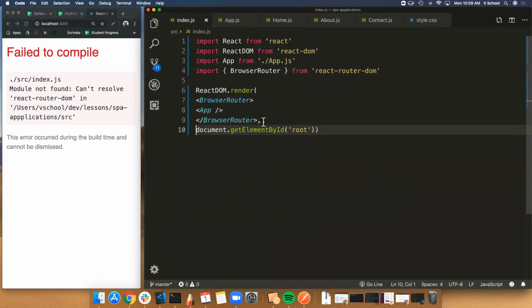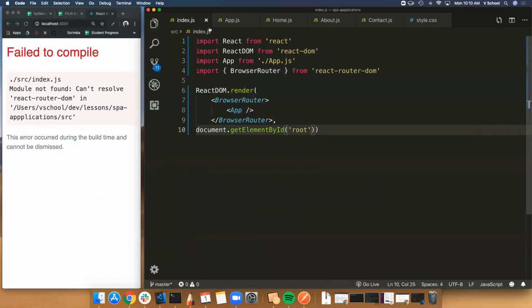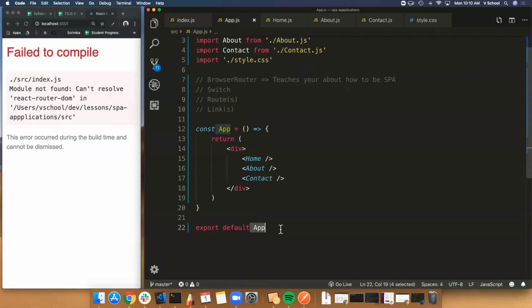Something doesn't like button press. Just like that. So we wrap app, and app is now being provided a bunch of data from browser router. Have you ever seen an import with curly brackets like that? Yeah, well, we have it with a component. So like app.js, when we, oh yeah, for a component, yeah,